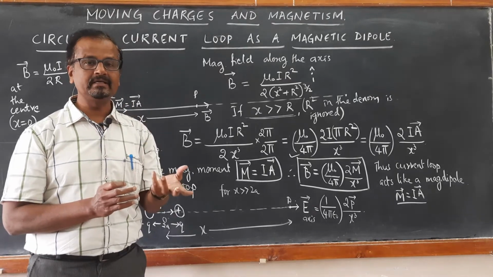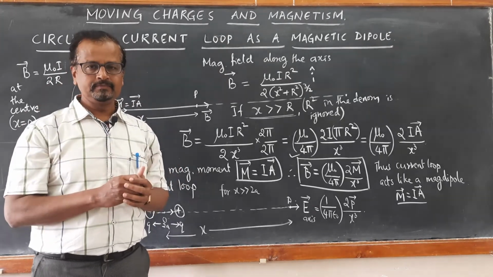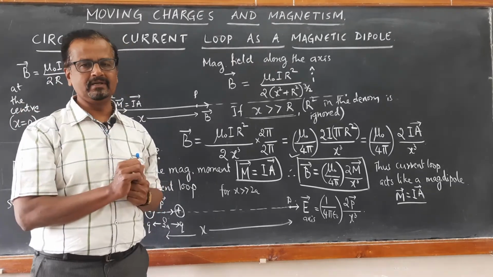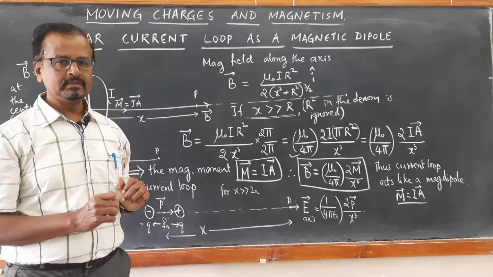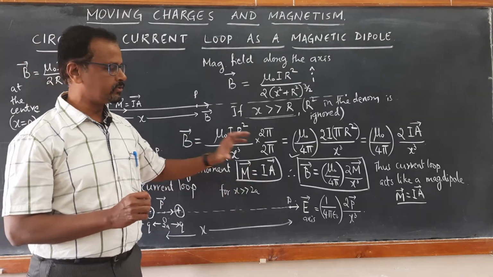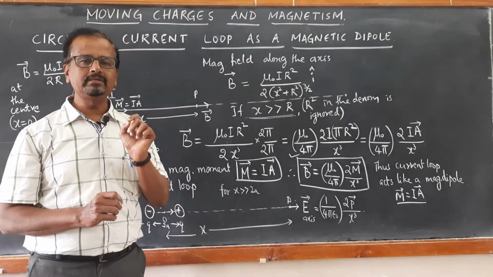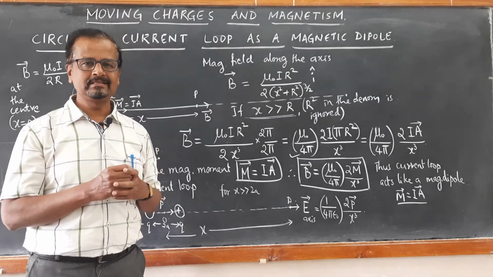The circular current is nothing but the charges flowing in a circular way. So the charges flowing in a circular way lead to magnetic field. This is a very important conclusion by Ampere. So this has led to think about the calculation of the magnetic moment of an electron revolving around a nucleus.